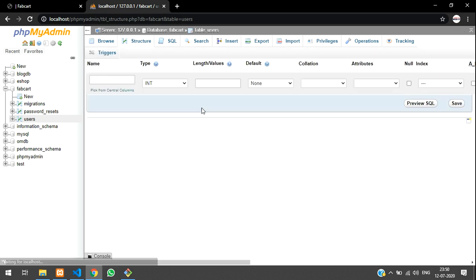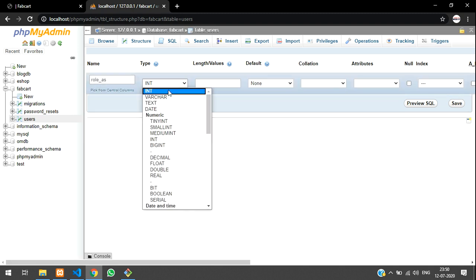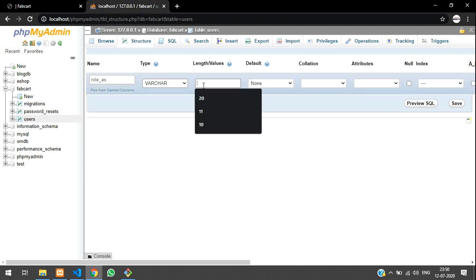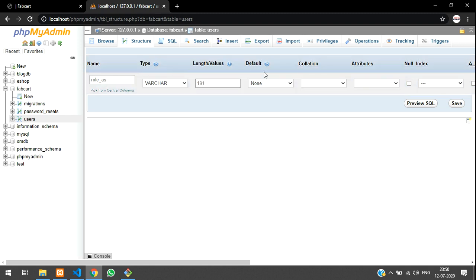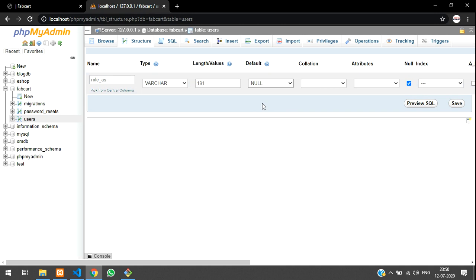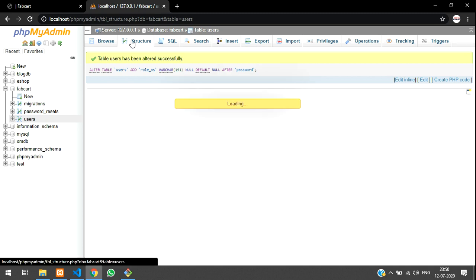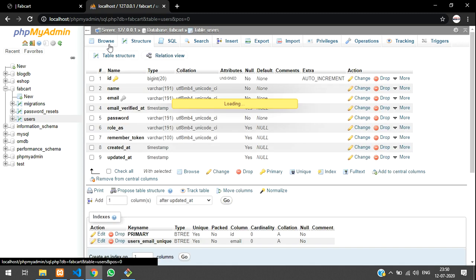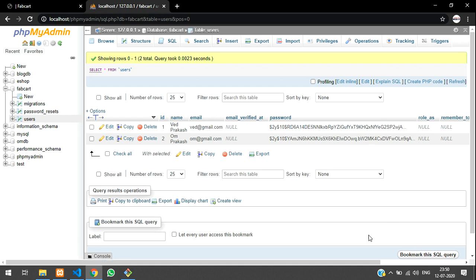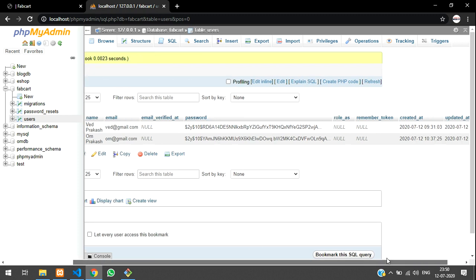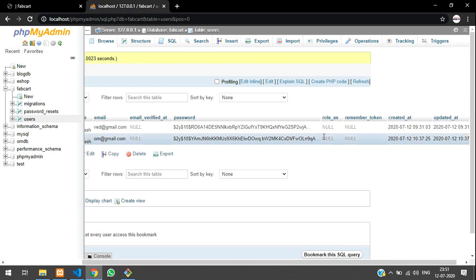Click on go and paste that same thing, and you are going to take varchar, because we have chosen string, 191, and define as null. That's it. Just click on save. Now let's click on browse, and you can see the role is null for both.